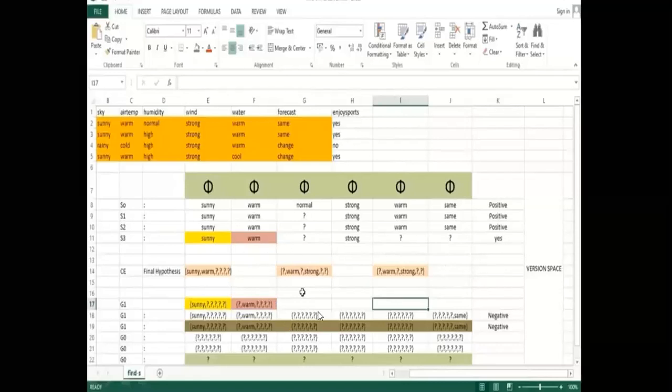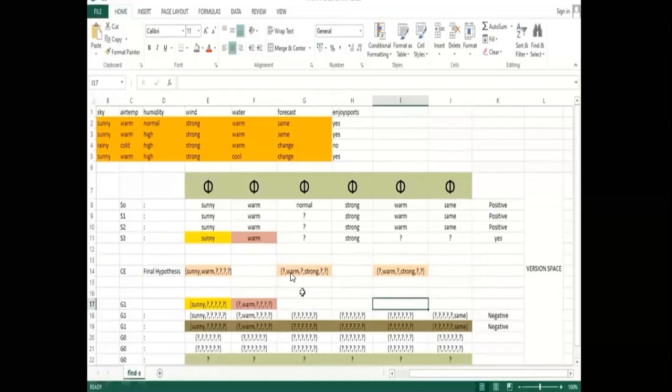Now our aim is to remove, we just need the answer. We do not need these question marks and all. So what we'll do is consider these two data sets, because we can find over here sunny, and you can find here sunny. So what I do is sunny, warm, and the rest of all is question mark, because you can find here all question mark.